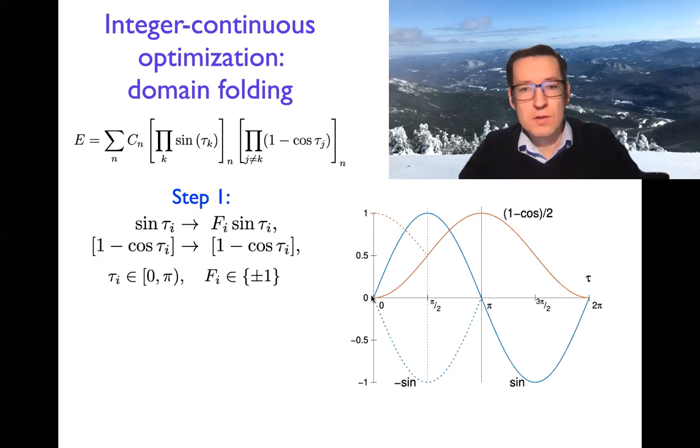If we consider, say, the functions that we have in the energy expression, sine and 1 minus cosine, the blue is a sine and the red is 1 minus cosine divided by 2. You can see that for 1 minus cosine, you can obtain all unique values by going just from 0 to pi. You don't need to go from 0 to 2 pi, because in the second part of the domain, you get exactly the same values as in the first part. Therefore, you can just look for the amplitudes